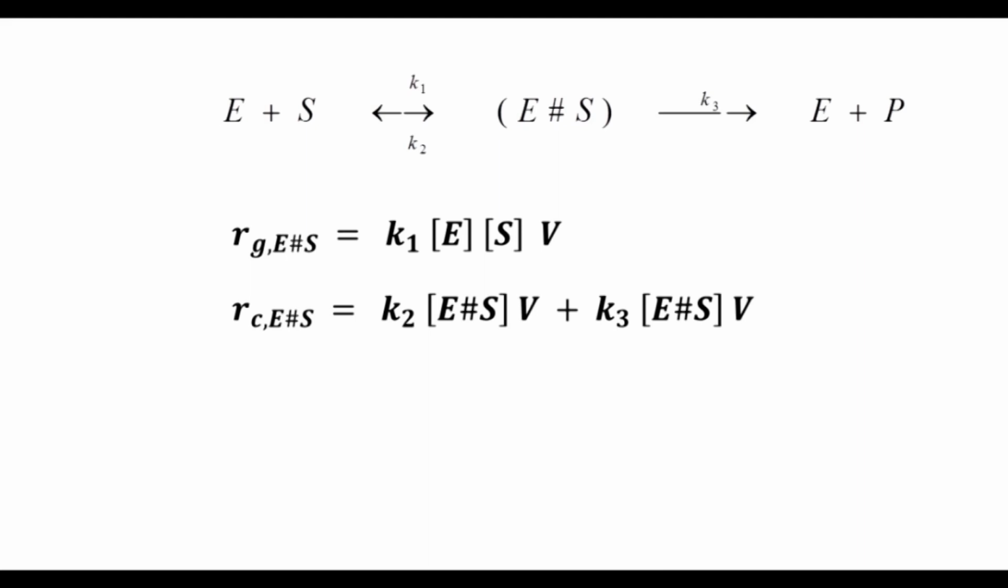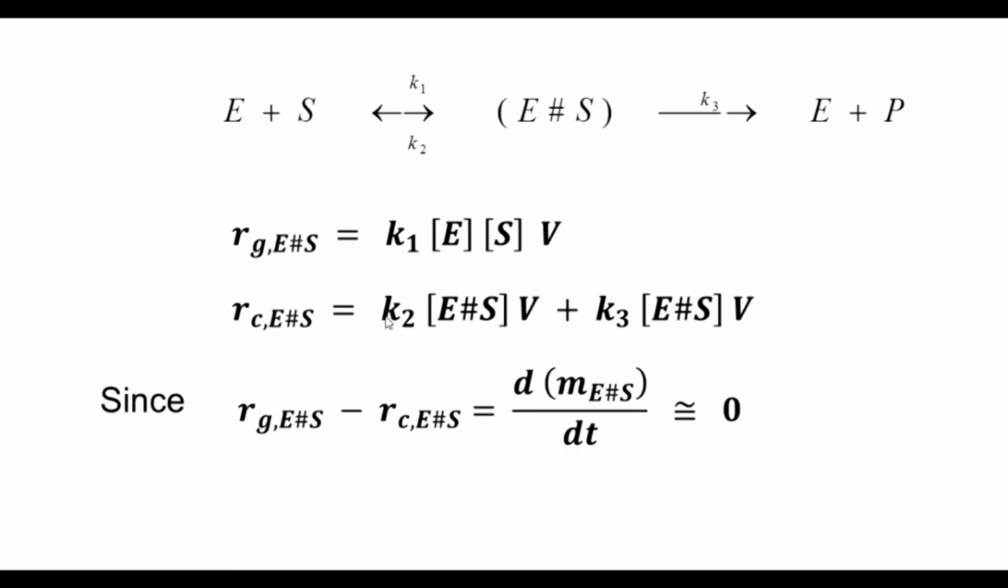And the rate of consumption of the enzyme substrate complex, as you see here, it is consumed through the reverse reaction with the rate constant K2 and this reaction with a rate constant K3. The consumption is K2 into concentration of the enzyme substrate complex into the volume plus K3 into the concentration of the enzyme substrate complex into the volume. So this is the rate of generation, rate of consumption, and so the mass balance turns out that the rate of generation minus the rate of consumption, rate of accumulation, is 0. This is what we have already seen as the pseudo steady state